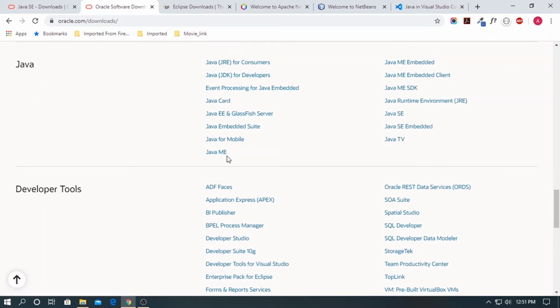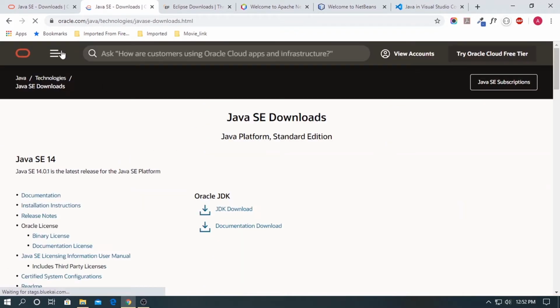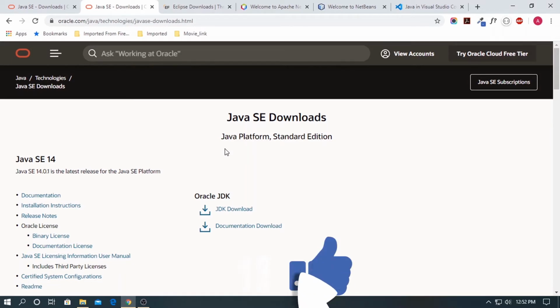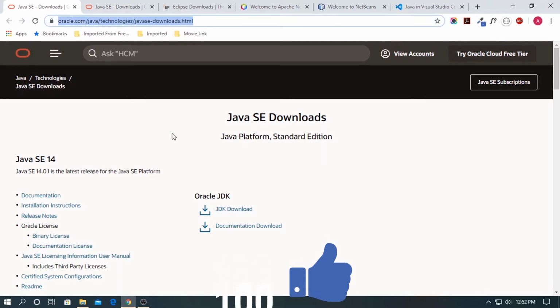We need Java SE, and this is the page we are looking for. This way you can come to the download page from the home page, or directly by writing this URL in the address bar of the web browser.